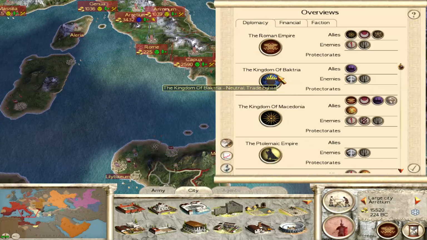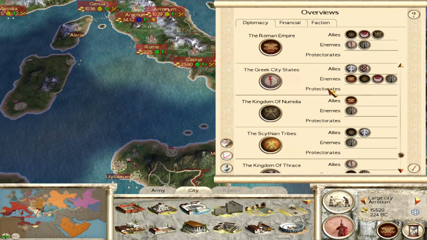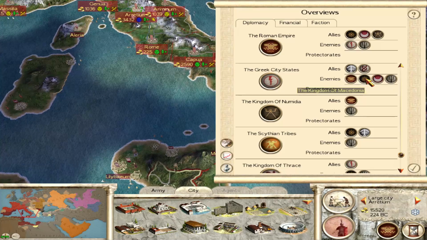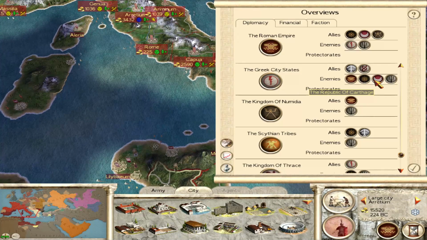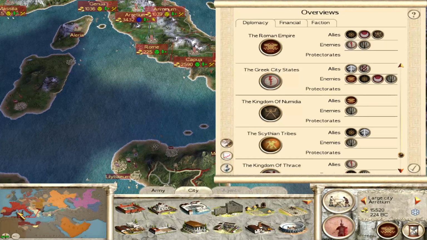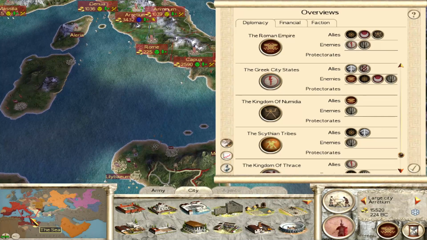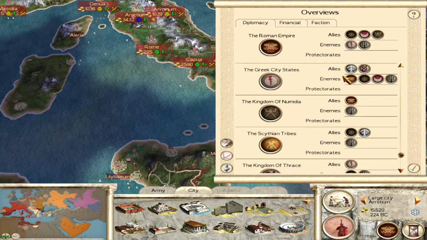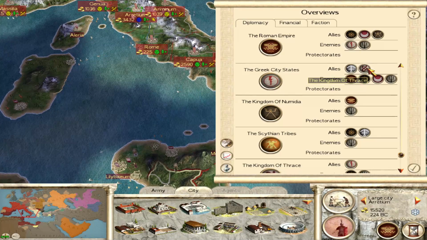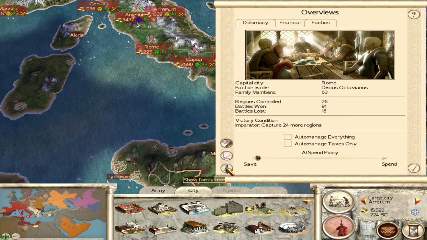And diplomacy wise, we are only at war with the Greeks. We should look to ally ourselves with some of their enemies, such as Macedonia, and we are already allied with Carthage. But now that we border Carthage in so many places, there's a good chance that they will turn on us. The Greeks are allied to the Seleucids and the Kingdom of Thrace, and I think we only have one